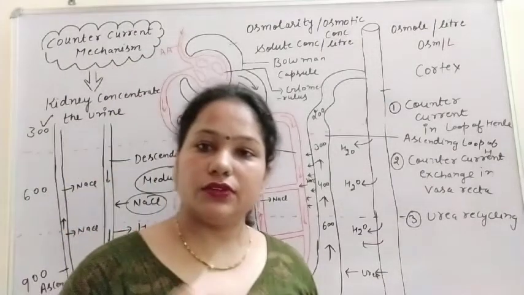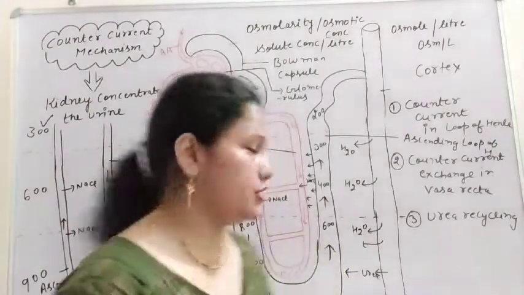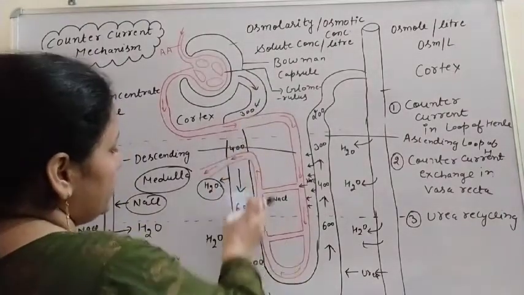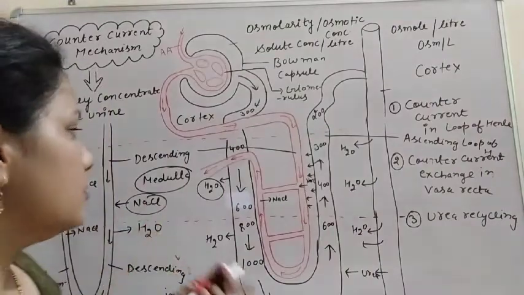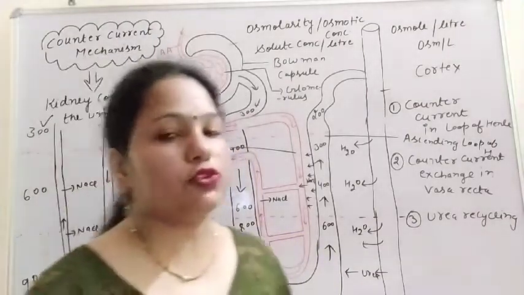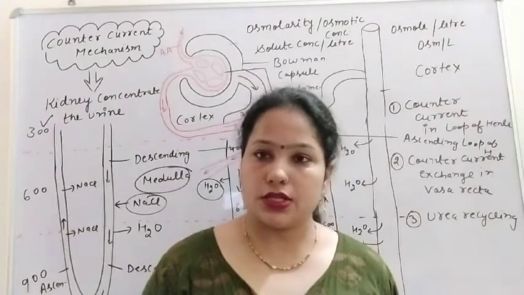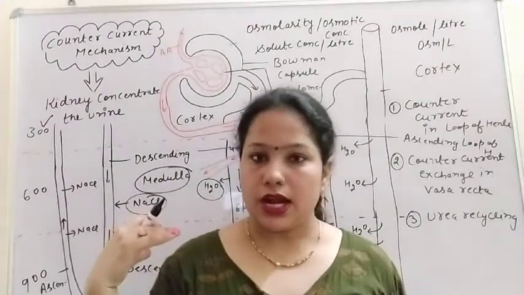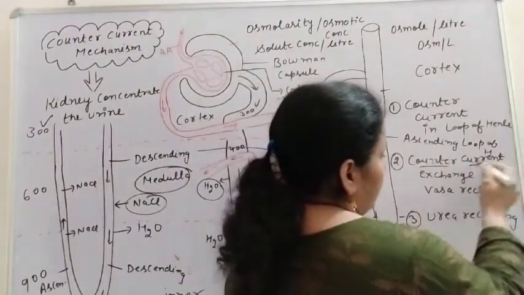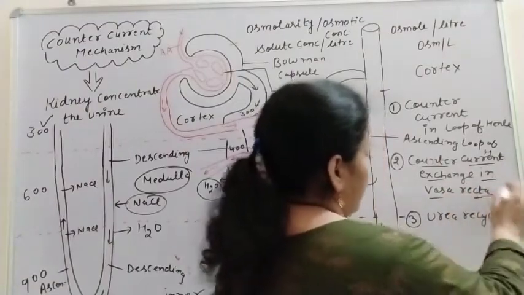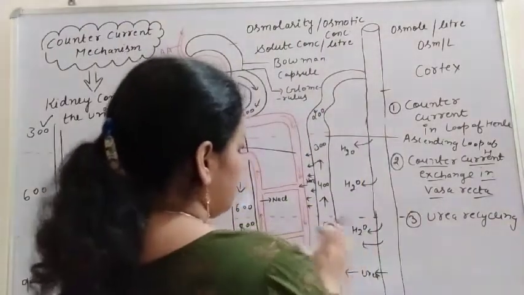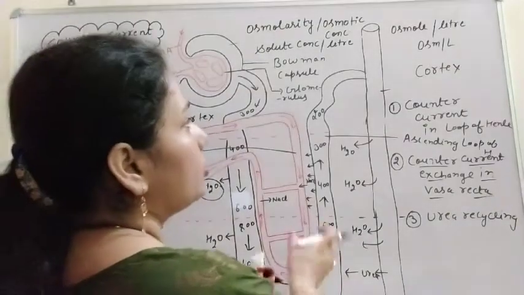interstitial fluid. Like this, the exchange of water also takes place, because here the reabsorption of water takes place by the descending loop of Henle, and here again the vasa recta also takes the water. So both the exchange of water and the exchange of ions from the loop of Henle to the vasa recta takes place, and this is nothing but the counter current exchange in the vasa recta. And by this, because of the maintenance of this osmolarity, then finally from